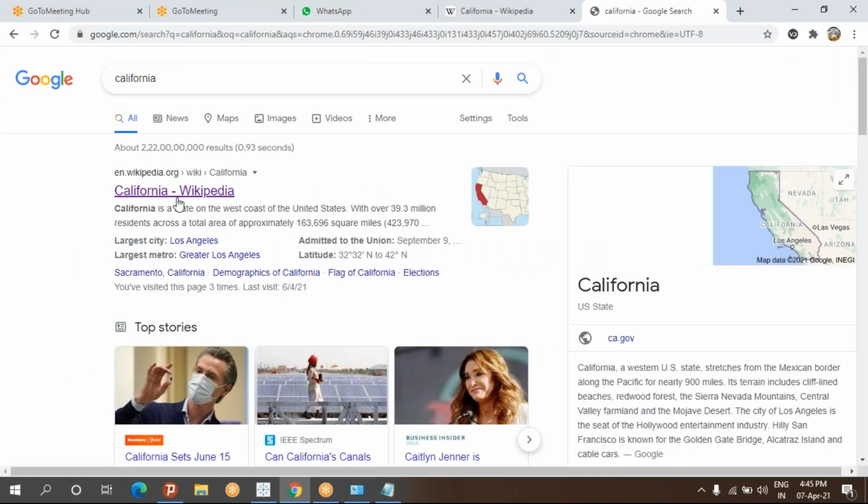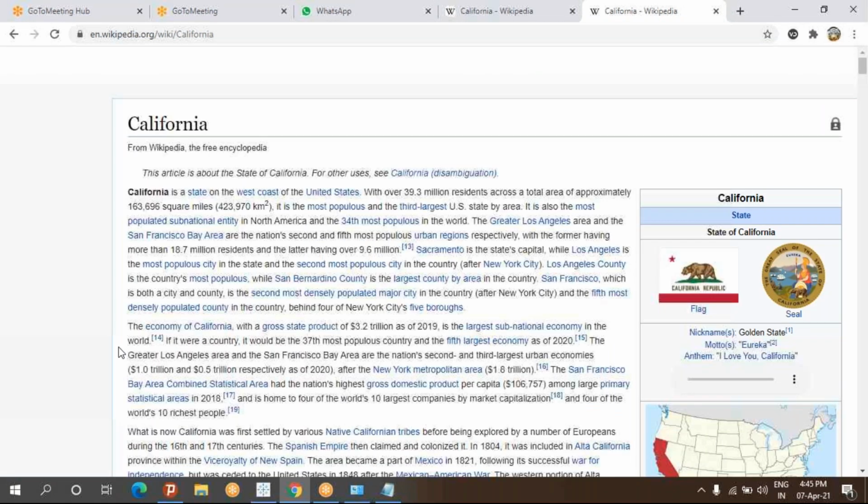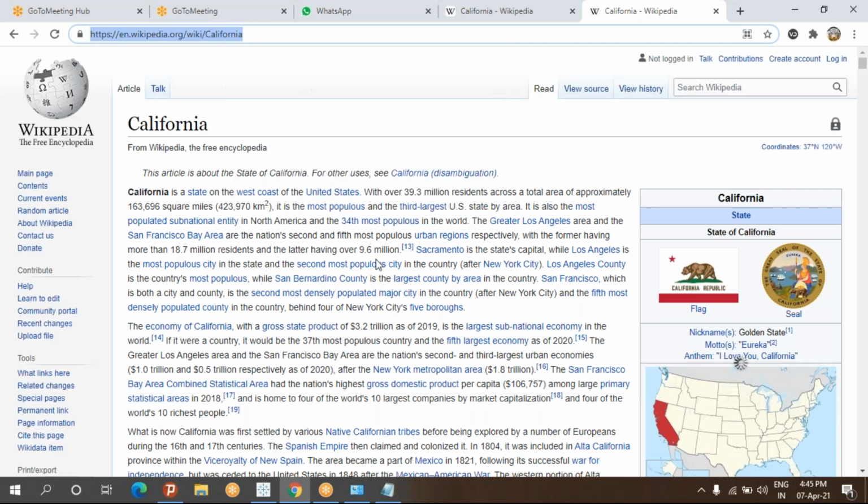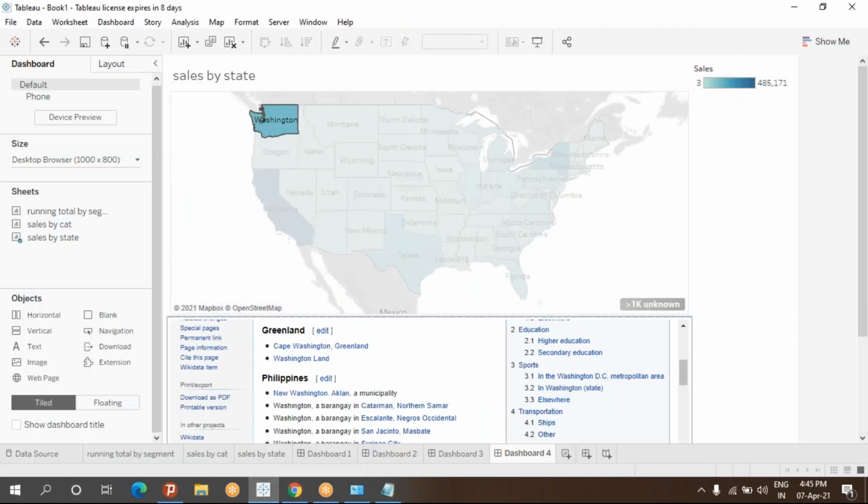It will get a preview like this. Take the first link, California Wikipedia. Then you just double click here. You'll get everything, all this. Then select everything, right click, copy that, then go back to Tableau. Okay, and then I'll close this one.